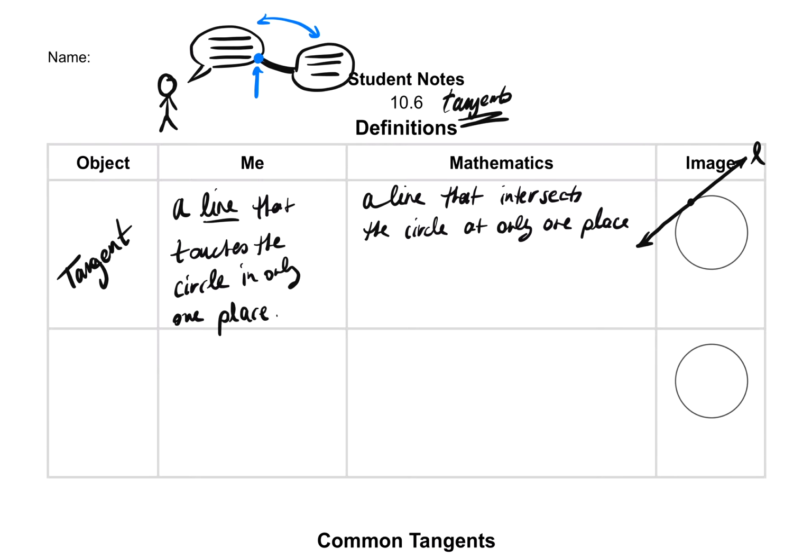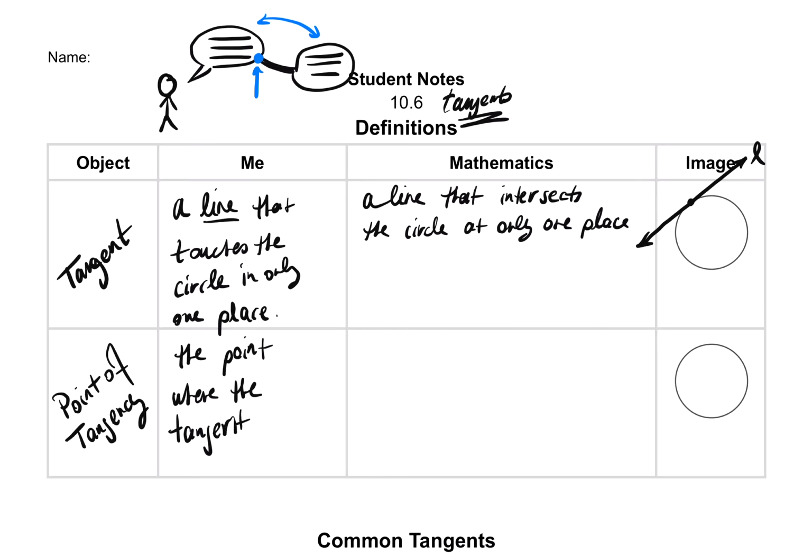And our next word for today is the point of tangency, and I'm sure you guys know what this means. So the point of tangency. This is the point where the tangent touches. This is the point where the tangent touches the circle, okay? Touches. All right? And in math, this point is just the intersection. The intersection of the tangent line,